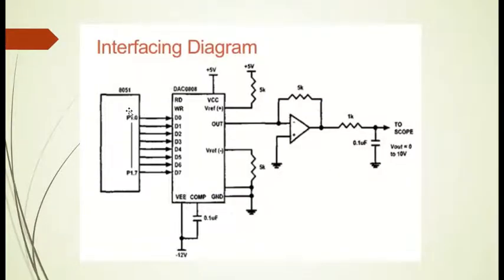Here you can see that we are simply using port 1 to send the actual data in digital form. Digital data will be available here, and your DAC will convert that into analog current, which is sent through this IOUT. After that, a resistor will be connected, which is used to find the voltage value, so it is converted into analog form.